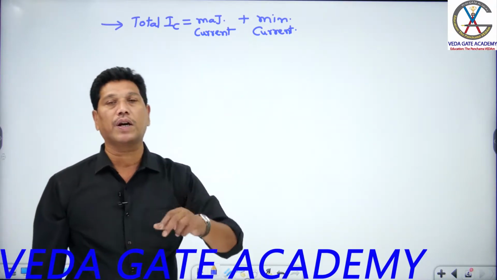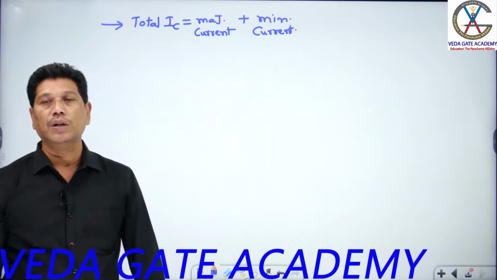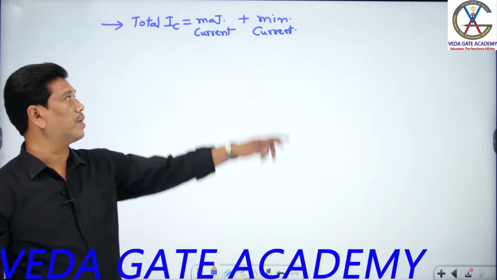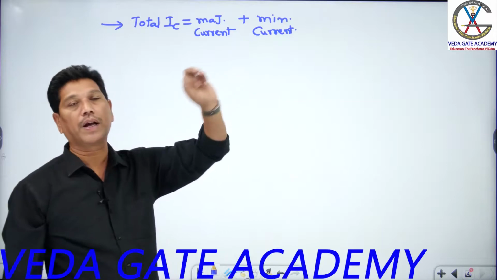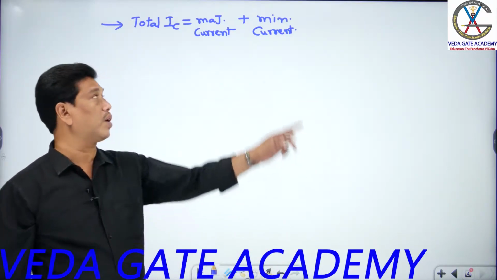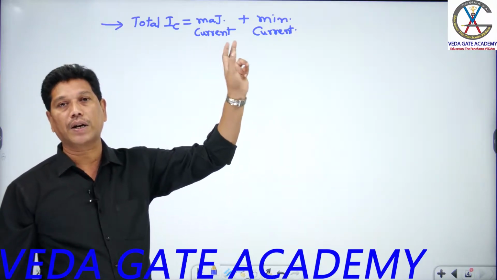Minority current can be considered according to the reverse bias of the collector junction, so in a PN junction under reverse bias, minority current can flow. Based on that phenomenon, you can expect a minority current flow in the reverse bias collector junction, right? Other than this, it can also have majority current, even though the collector junction is reverse bias.